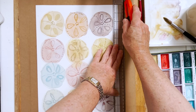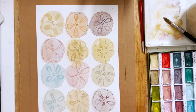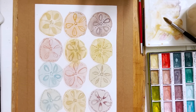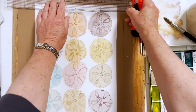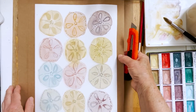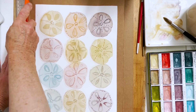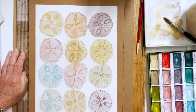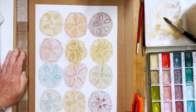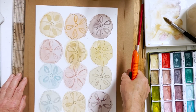Okay, so I have now rubbed out all the pencil marks, and I'm just going to remove the paper from the board. Just going to cut round the outside edges using a craft knife to release it. Because what I want to do next doesn't require it to be stuck to the board, and it's easier to move it around if you're going to do another stage of embellishment, for example. So some people have asked how you get it off the board once you've finished painting, and this is how you do it, with a craft knife and a little bit of